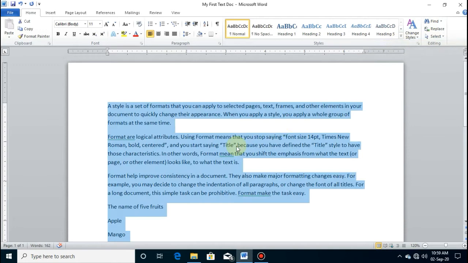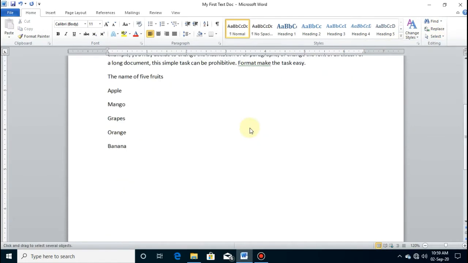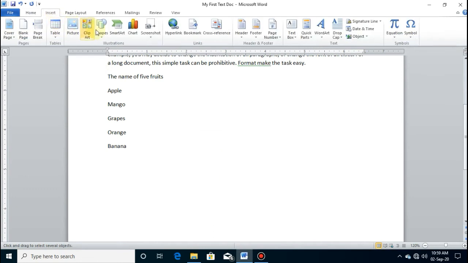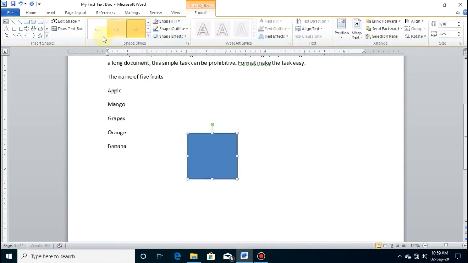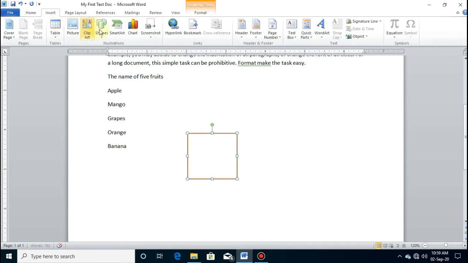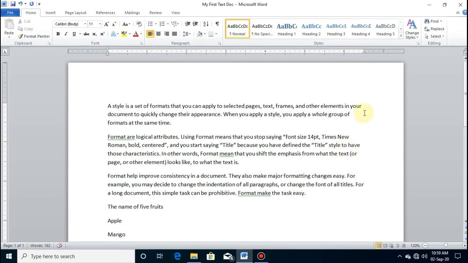Then next is select all, which will select whole document, and select objects. Here you can see no objects are there in this document, so I will insert some objects. About this I will teach you in next video. So here two objects are there.